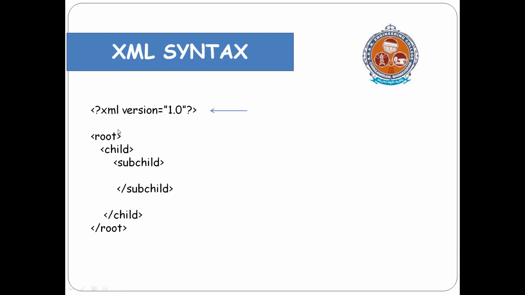As I already told, XML is information wrapped in some tags. So this is the first line of the syntax, with a question mark and xml, and we have to write version equal to 1.0. So this is called the prologue, remember this. After that, we are going to write the actual document and actual data. In every XML document, we will have one root element, one predefined root element. This is the root, and we can have multiple children and subchildren, and there are some rules we are going to see later.